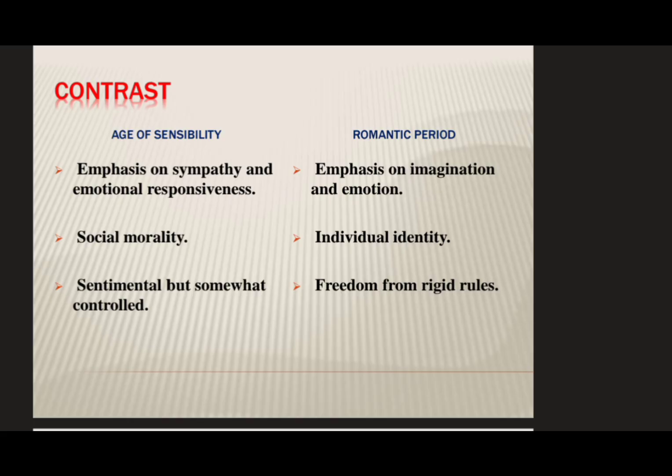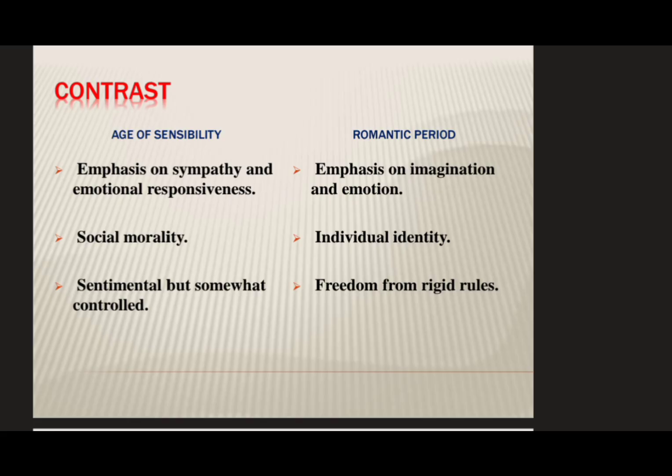The next point is age of sensibility focused on social morality, whereas the romantic period focused on individual identity. The age of sensibility emphasized sympathy, emphasized social morality, but romantic period was more about individual identity, about imagination, about emotion, about escapism. Age of sensibility wanted to do better for the society, to help others in the society, but romantic period writers expressed it in a way that an individual wants to help himself, not the society. Third point is